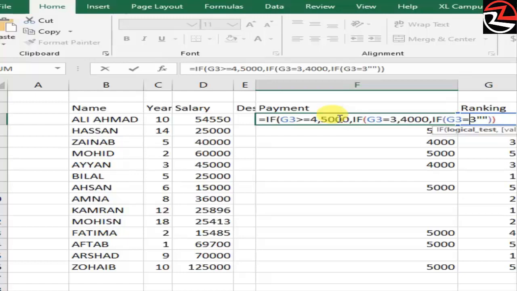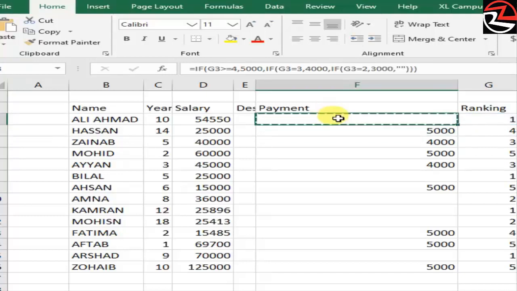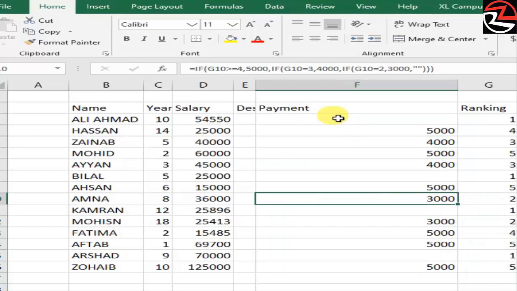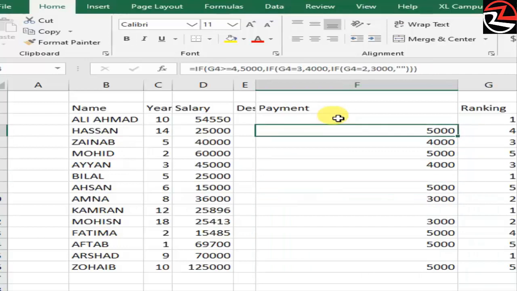use this. If G3 is equal to 2, then we are going to pay this comma. If it is true, then we are going to pay 3,000. Otherwise, if false, then show nothing. Yes, press enter. You can use this formula on different requirements as per your company requirements